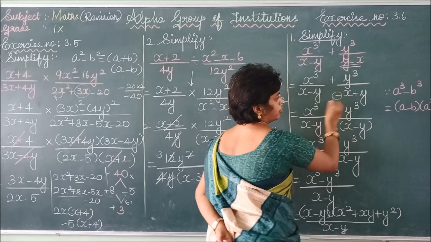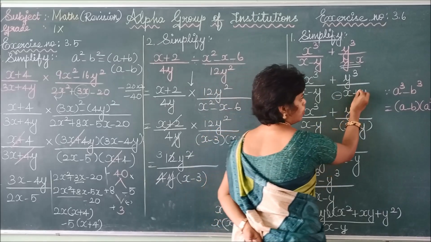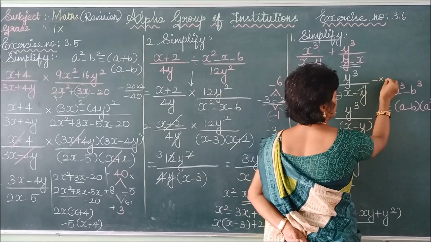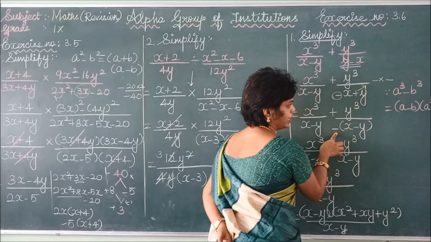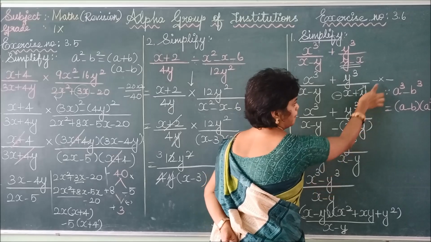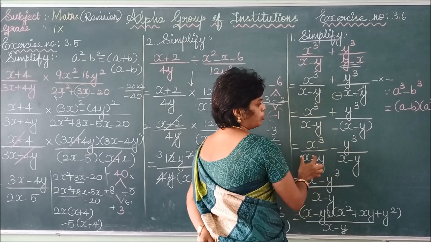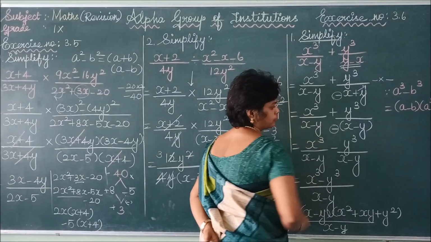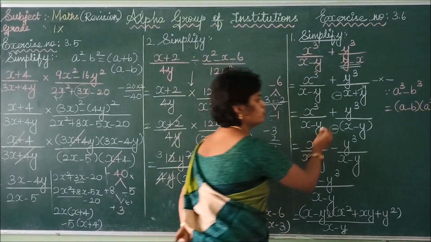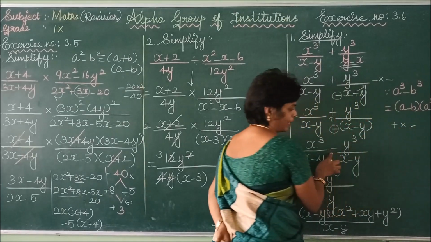The denominator should not be negative, so you take the minus as common. How can this plus be rewritten? Minus into minus. I am taking minus outside, so another minus will be here. So x minus y. Both are x minus y, and the sign in the denominator is negative. So you can multiply this: minus into plus is minus.